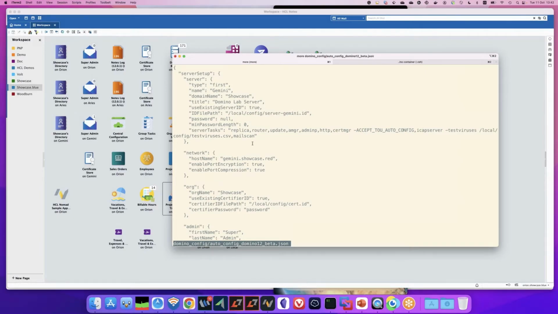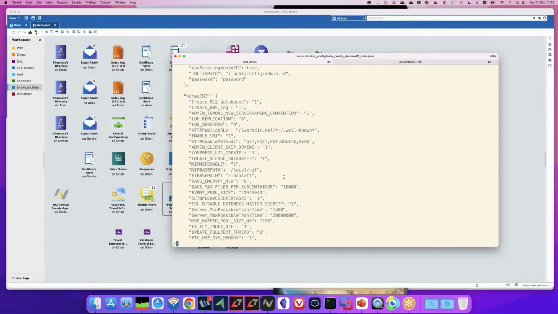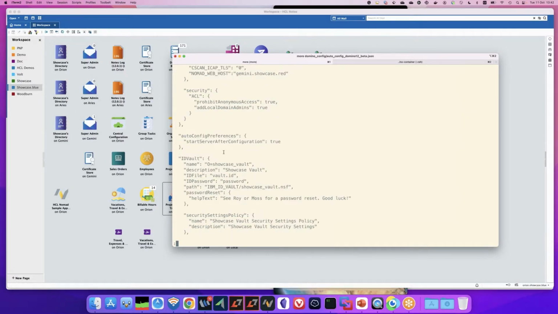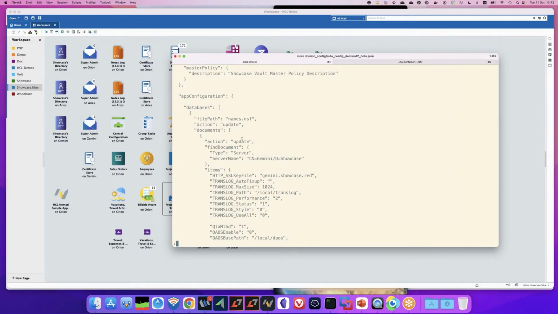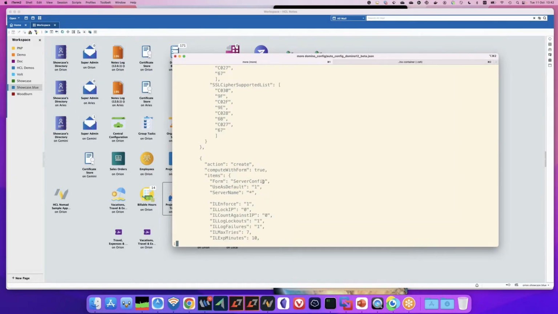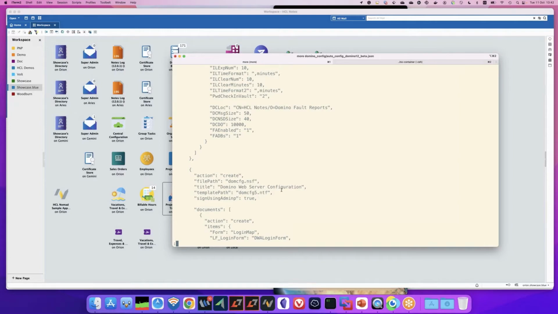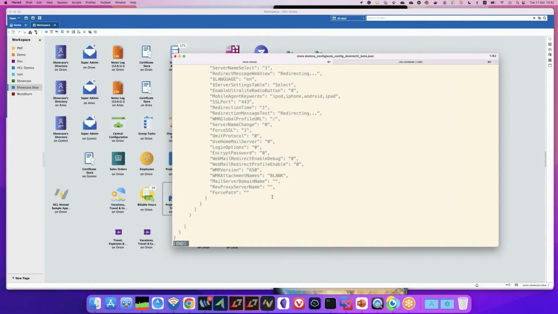Let me show this one, and this is a real use case, a real scenario OneTouch Setup config file. You can see this is my host name. I provide IDs that I created already, some Notes.ini parameters, security settings for ID vaults. You can configure some documents in the Notes NSF. You can even create a web server DOMCFG config file for the web login form and so on. And now I will launch a server using this config file, start Domino. I've got it as beta,